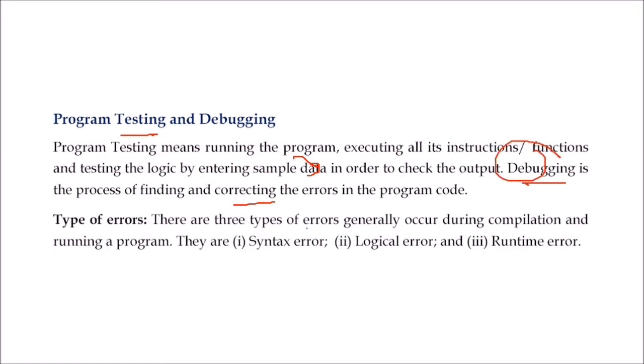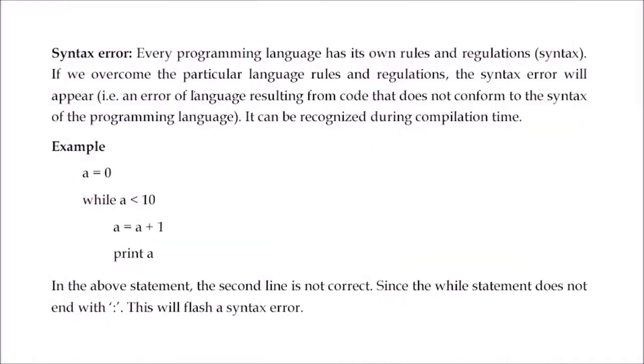So what kind of problems or errors can there be when you compile a program, that is, when you use a compiler, say a C++ compiler? It will give you certain results. And after all the errors you have removed, then also you may get some error. So there are certain errors: syntax error, logical error, runtime error. What is the syntax error? Every programming language, be it C, C++, Java, Python, or any language you choose, has certain rules and regulations.